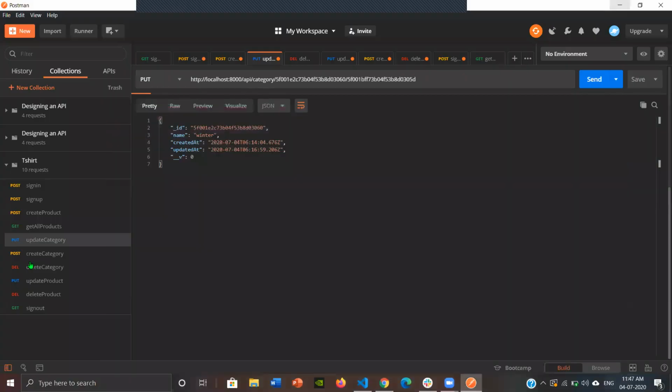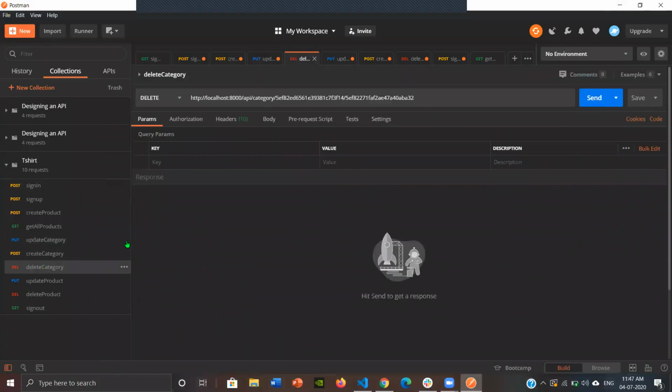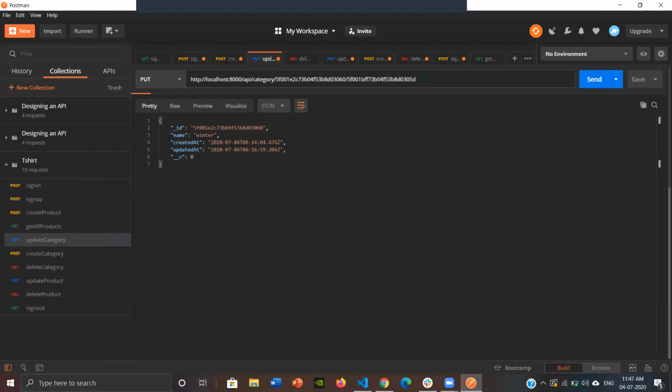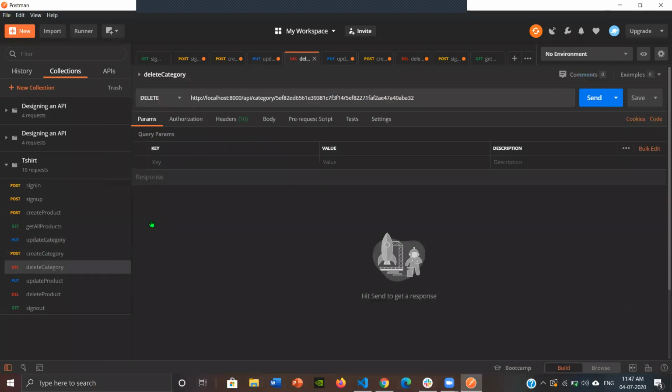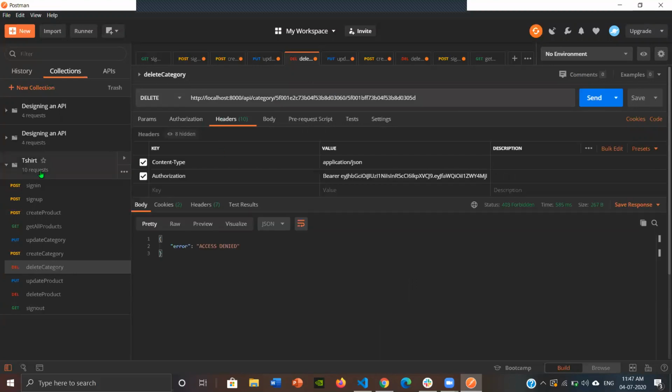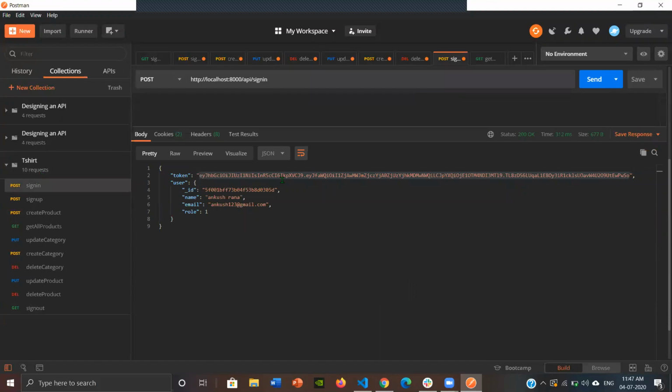And now we can delete this category. For that we need a category ID and the user ID again, so that we know which category we are going to delete, and the admin ID, so that we know which admin has deleted this category. Right, there's a token error.